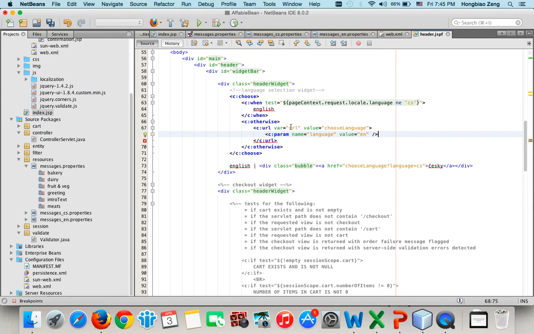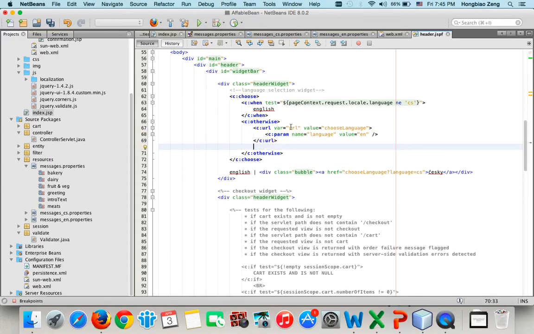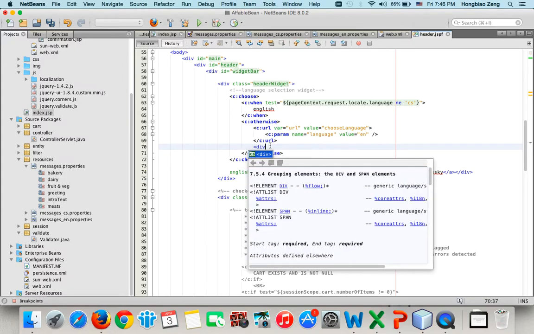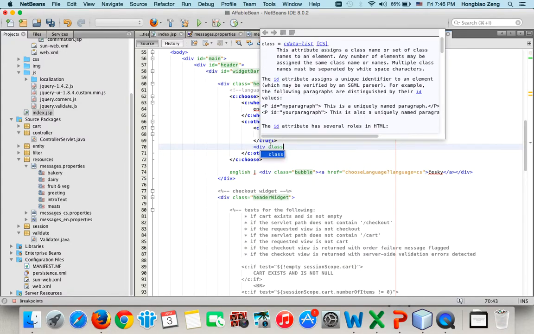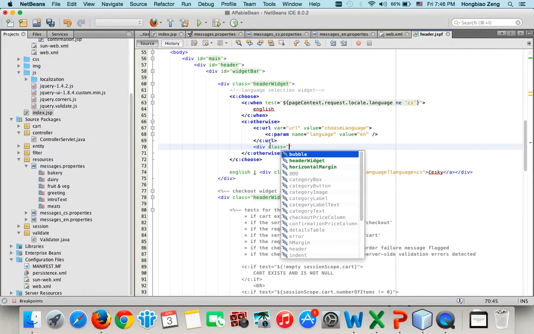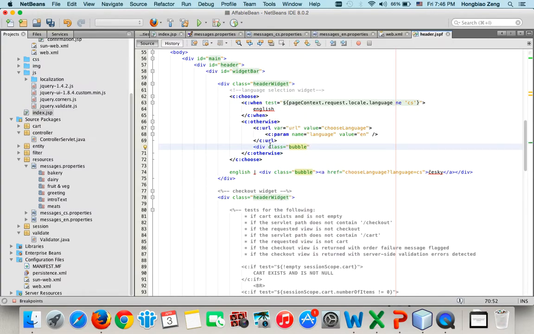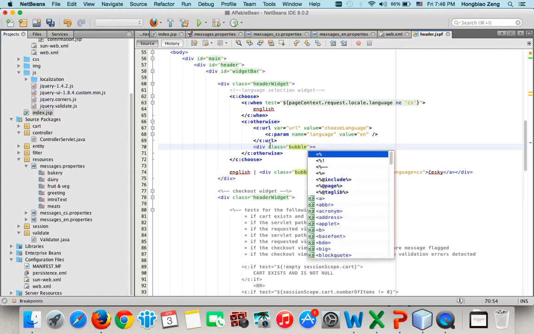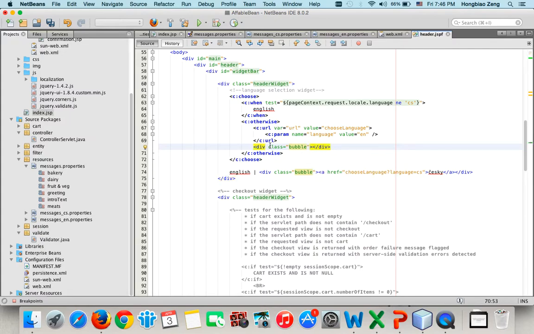Okay, this is a parameter. Then I will have something like this. div, well, I can copy, but I don't have to. I just type again. div class equal bob and give a link. Well, give a link, a href